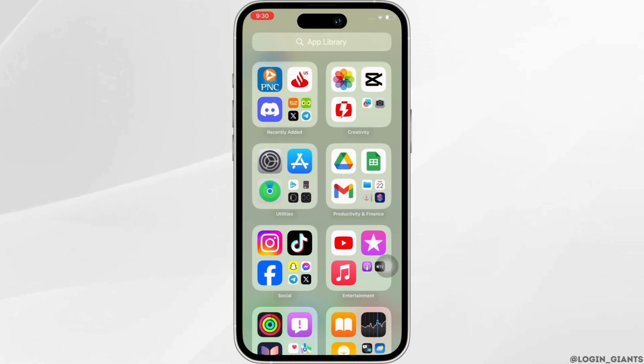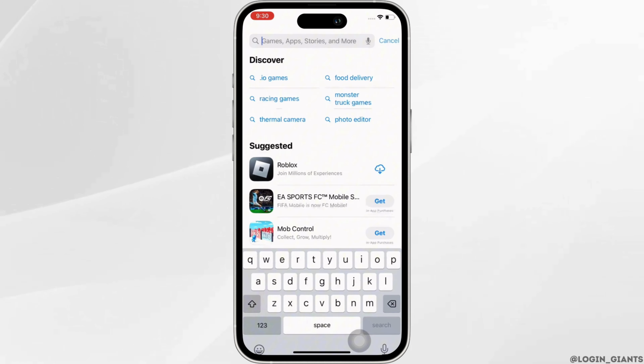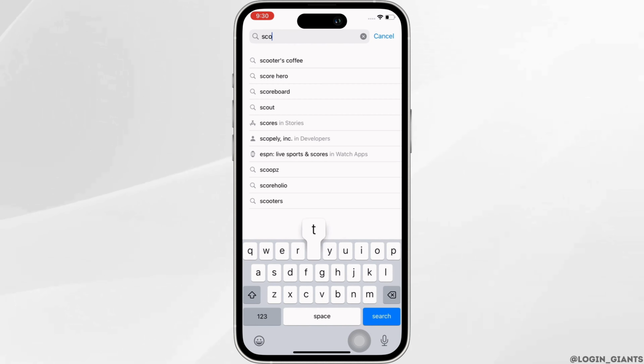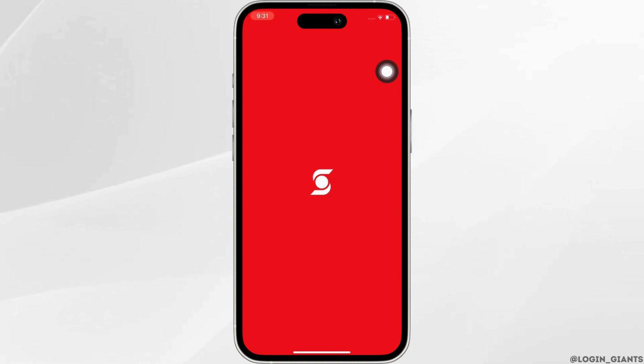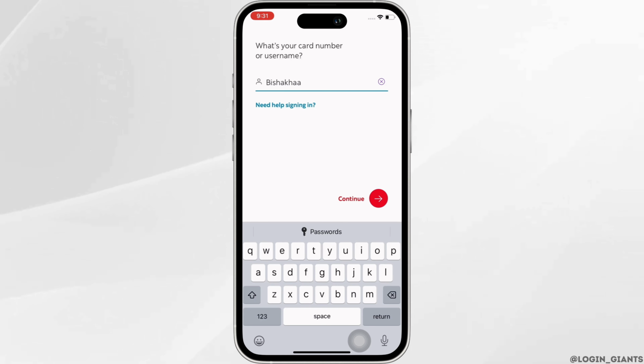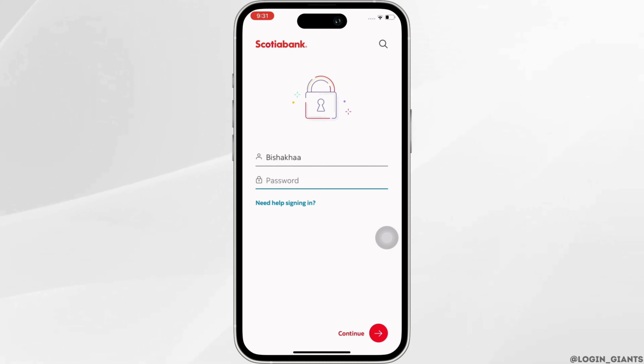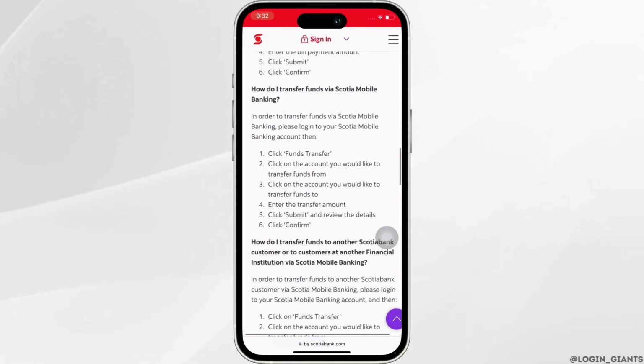Firstly, go ahead and open the Scotia Bank application on your device. You can easily download the application from your App Store or your Play Store. Now go ahead and log yourself in by entering your login credentials, that is, your user ID and your password. Once logged in, you will be led to the home page of Scotia Bank, and now to transfer funds from